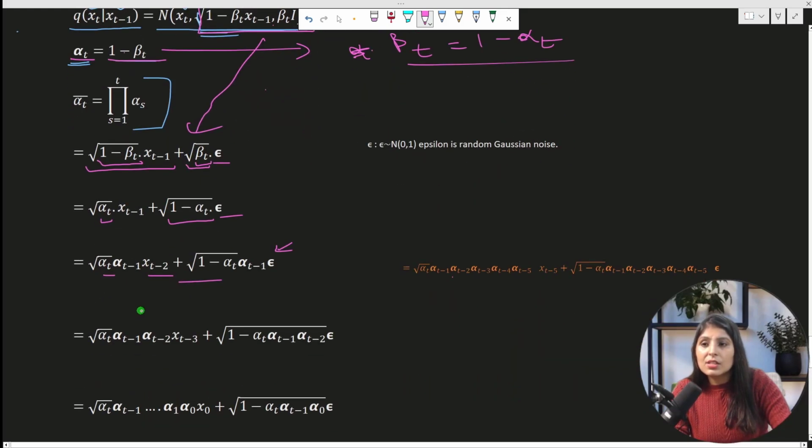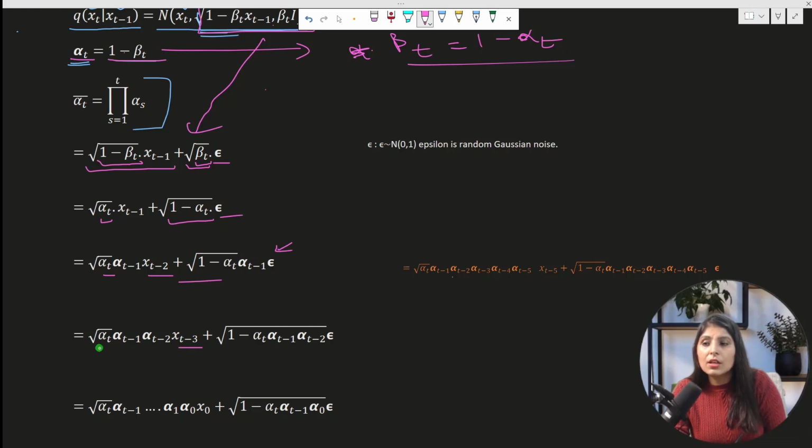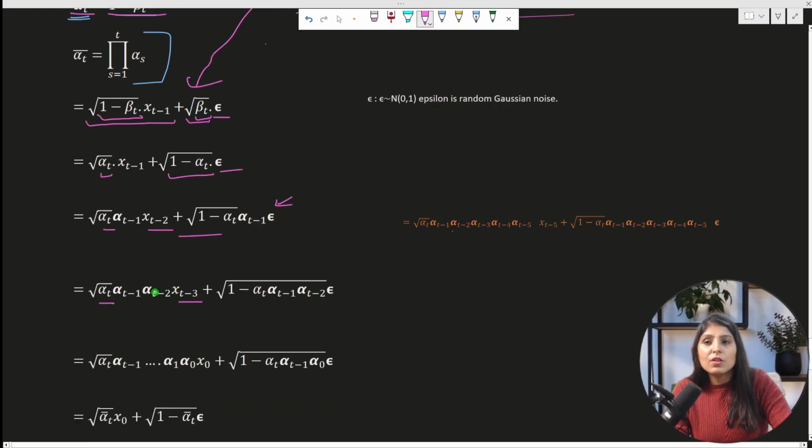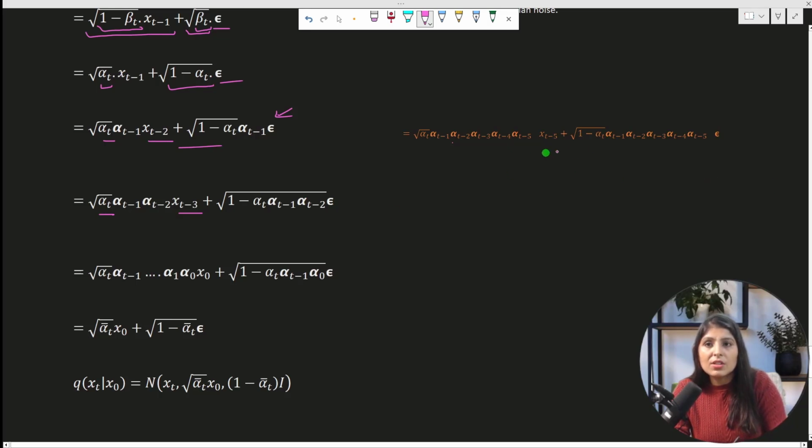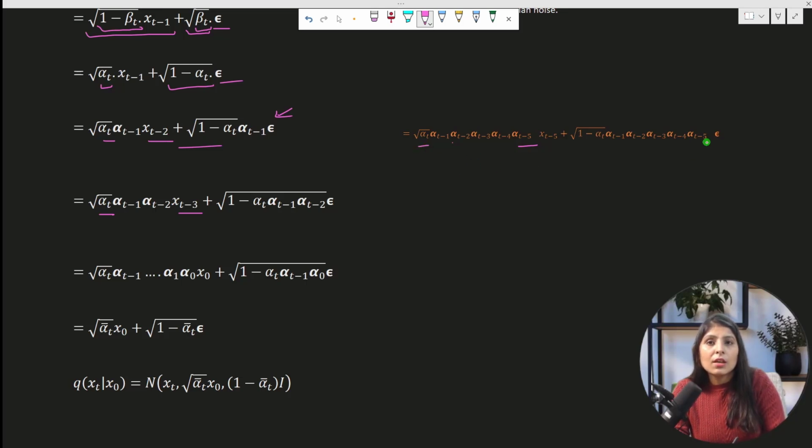Okay, next line you can see here also. Over here I'm extending the formula from t minus 3 to t, right? And on this side also, what I've mentioned is that from t minus 5 we are extending it to t, right? In the same way you can write all the alpha values for all the time steps together. You can multiply the alpha values of all the time steps together in this single line, and then you can perform the task in a single line.